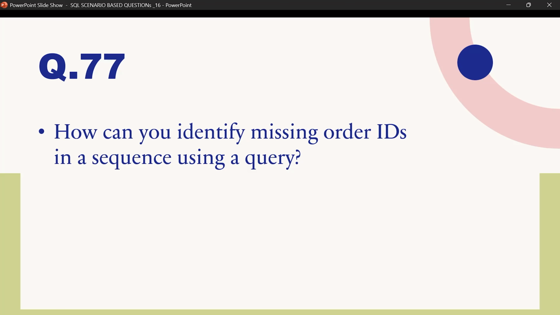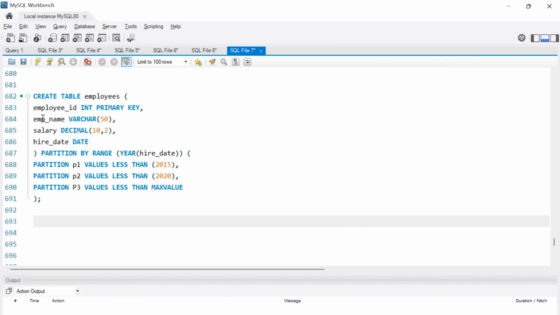How can we identify missing order IDs in a sequence using a query? So here we need to write a query to find out the missing order ID. For this we are going to use the window function with a CTE for the modular query structure. So WITH, we can give any name to our CTE. I am just giving it as ordered, AS